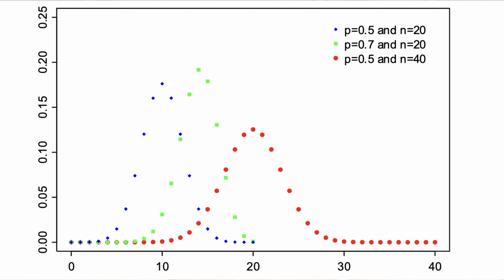The other distribution I'd like to talk about is the binomial distribution. The binomial distribution models the number of successes in a fixed number of independent Bernoulli trials. A Bernoulli trial is a two-outcome test that could be a success or a failure. For example, the coin we talked about: if you flip it, you may have a head, which you can call success, and a tail, which you can call failure. So here the probabilities of success and failure are the same,